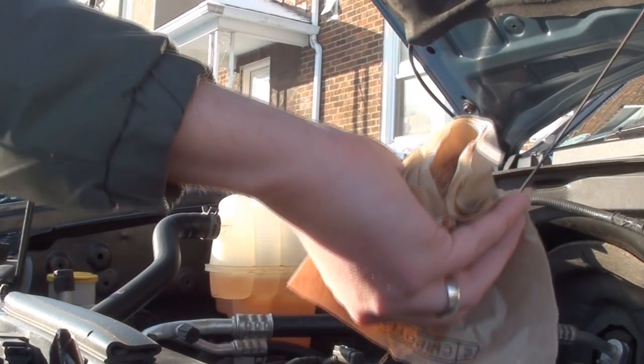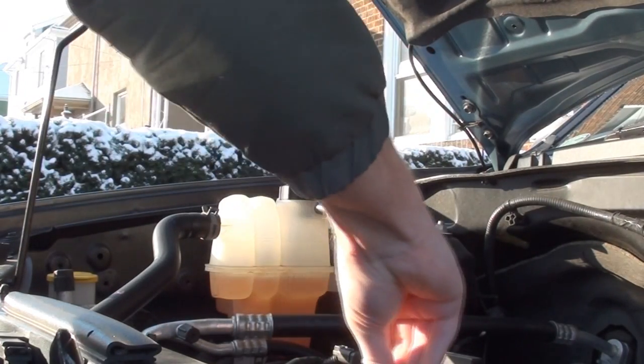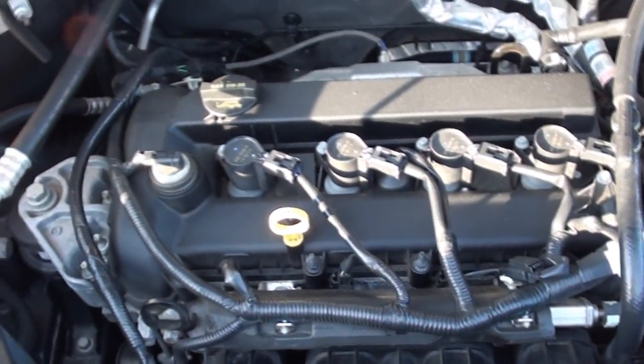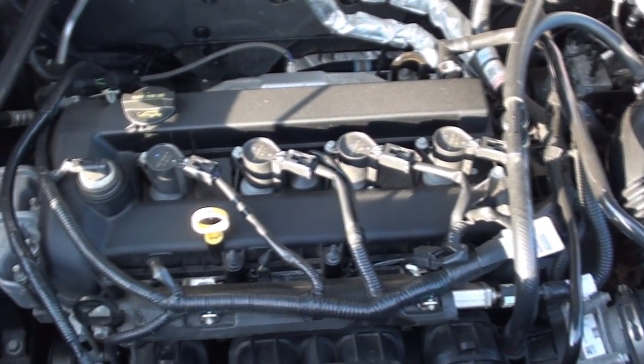Still perfectly full. Awesome. That's one thing that I've noticed about this car so far since I've had it. The oil level is always full. So that's really awesome. So yeah, what time is it? It's going on 9:33,